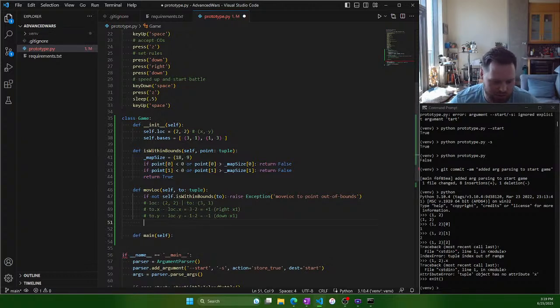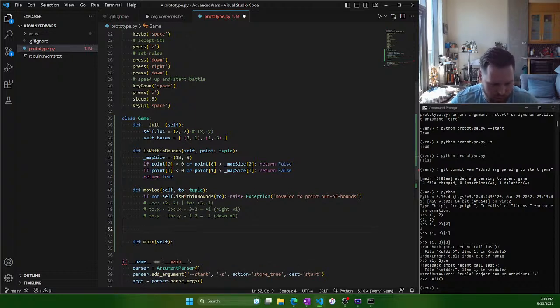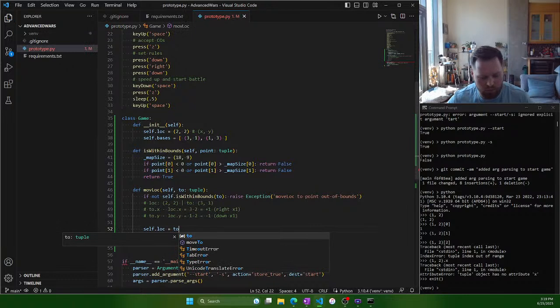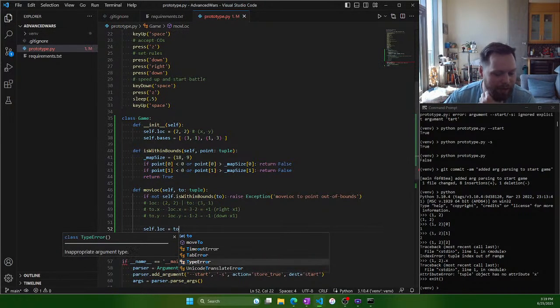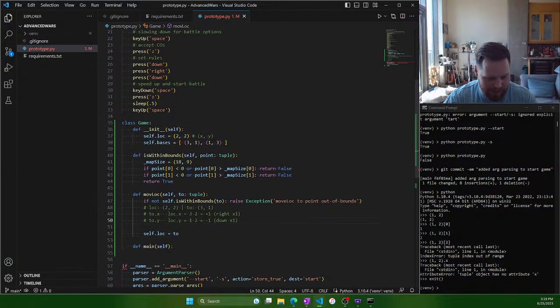So now we can just say that the location, or like, there's 2 things we have to do. First, we have to move to the location, and then we have to update the 2, right? So we're going to switch this code to move to the location, and then at the very end of the method, we're going to say self.loc equals 2, right? Because the location we're then at is that location. So now we have to basically do this where we want to say